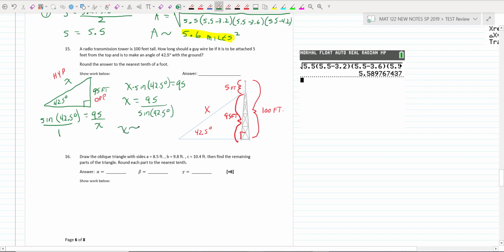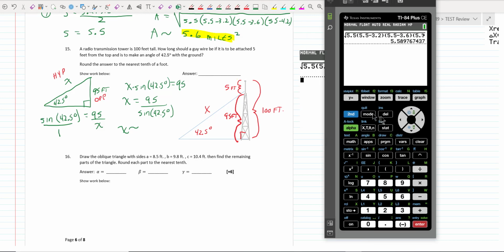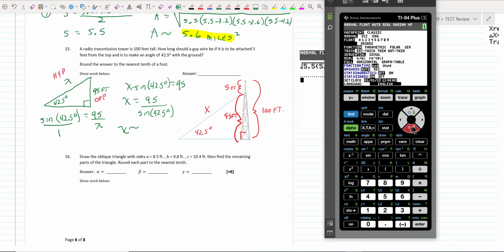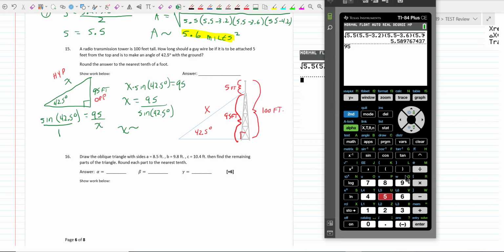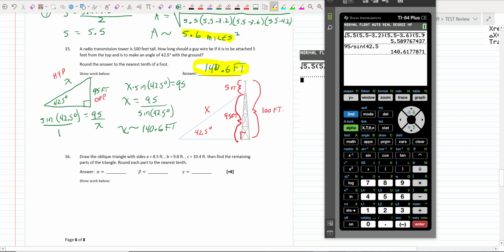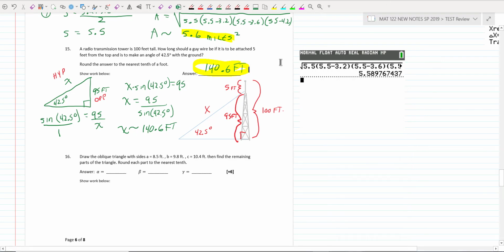And then you can go straight to your calculator, and again, be sure that you're always checking the mode on the calculator. See, I'm in radians right now. You got to be really careful about that. If you're not paying attention, you can end up getting answers that wouldn't make any sense. So what I'll do on this then is I just do 95 divided by the sine of 42.5, and that will give me about 140.6 feet. Should be the answer to the length of that guy wire. So that's something that you definitely want to review. Just review your SOHCAHTOA, your right triangle trig definitions,